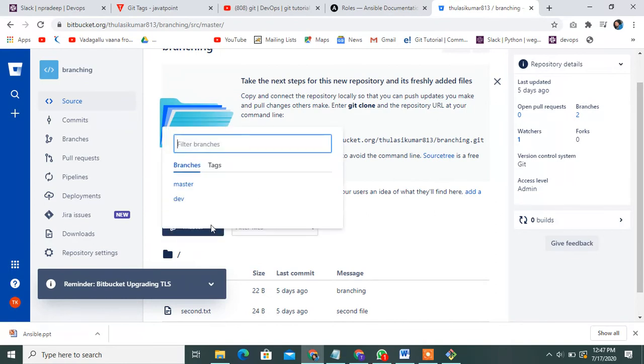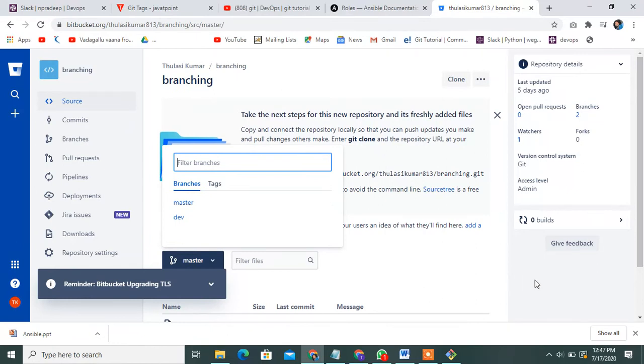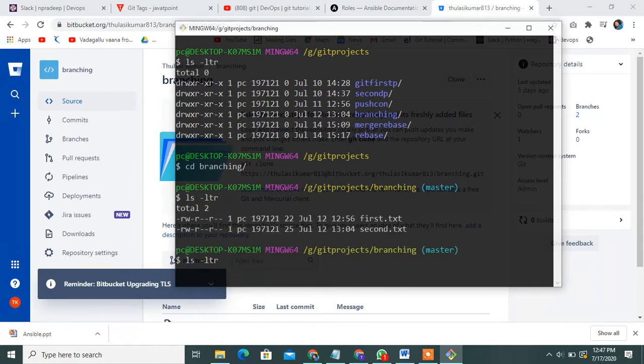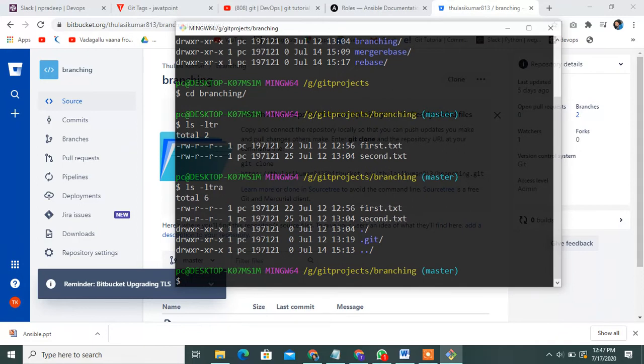How many branches? Yes, see this, two branches. First of all, check this. Only two files are in my project. Check how many branches with git branch.